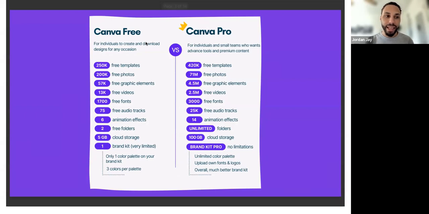I think this is a nice example, just side by side, seeing some of the differences. There's thousands of free templates, photos, and other media available to use right away as part of the free version. I think no matter what, I would recommend starting with the free version.